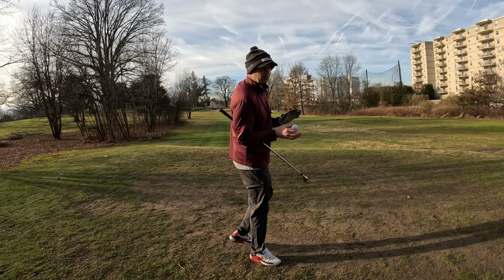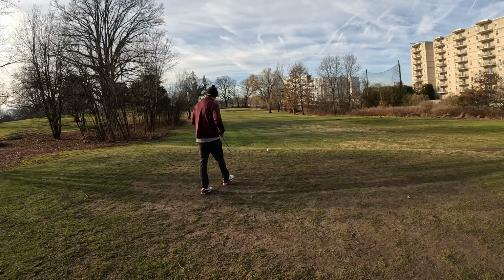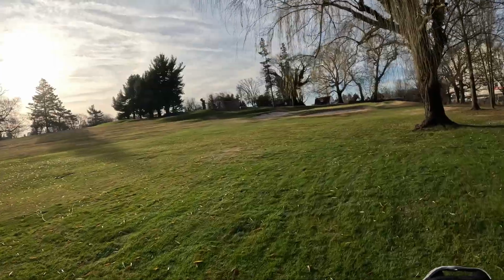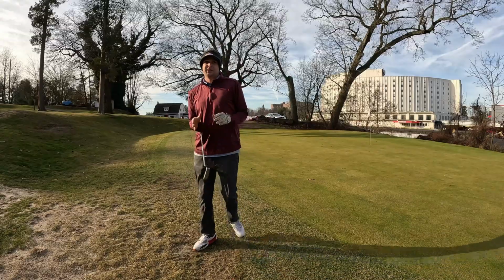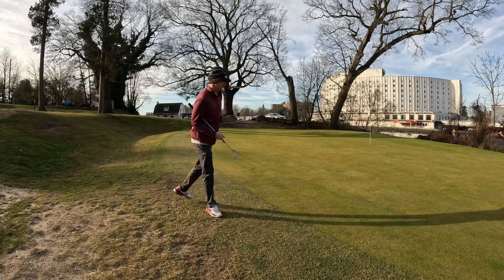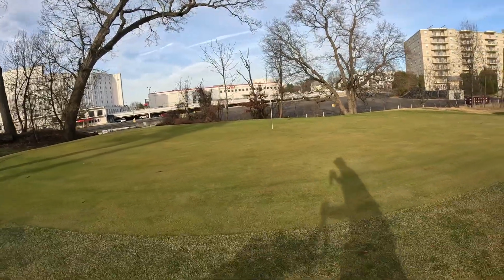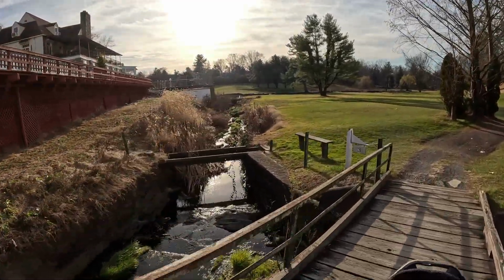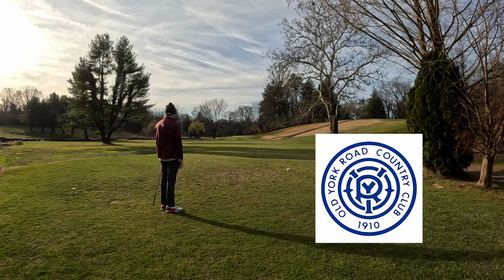At number 2, we got the par 3s, which you're going to see a lot of. These are older courses. They don't play long. And it does feel like city golf here. More importantly, it's going to feel like a great golf review. We're going to tell you the history and just the overall amazing story of this course that used to be called Old York Road Country Club in